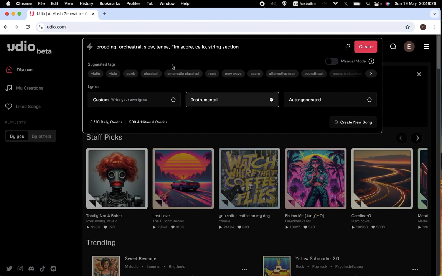It's the same as with AI art. It's not always going to give you what you ask for. It might not have a cello and it might not have a string section, but we'll put it in there and see. Okay, so that's enough examples, and then we click create. Now, what is this? Sorry, I'm not sure what that means, but anyway, we'll click create,